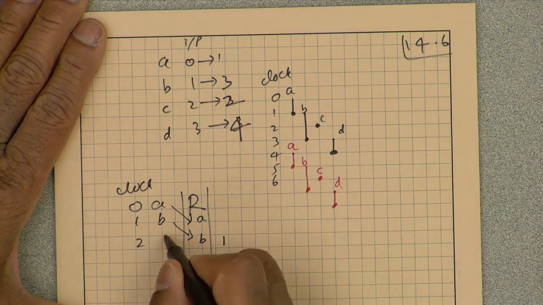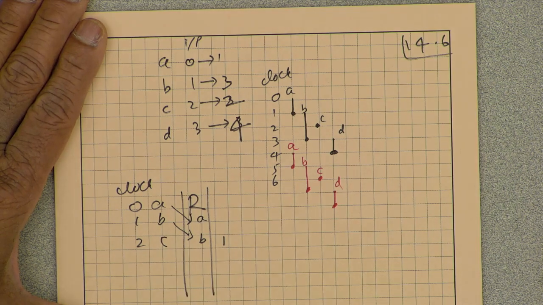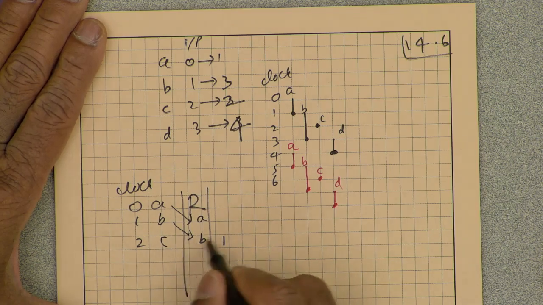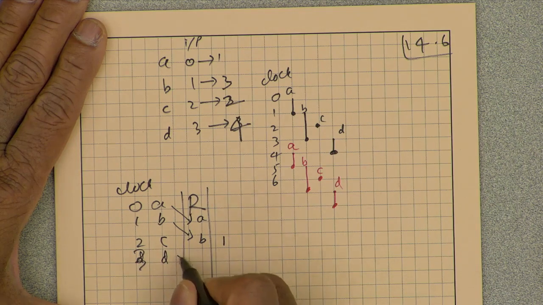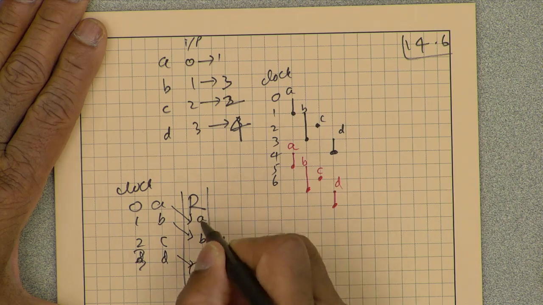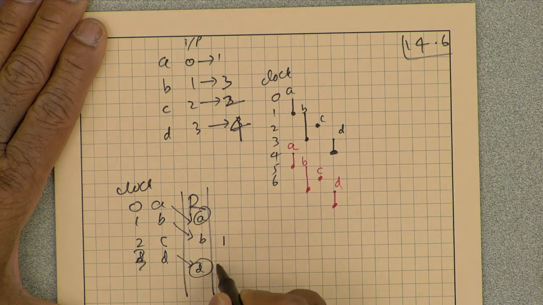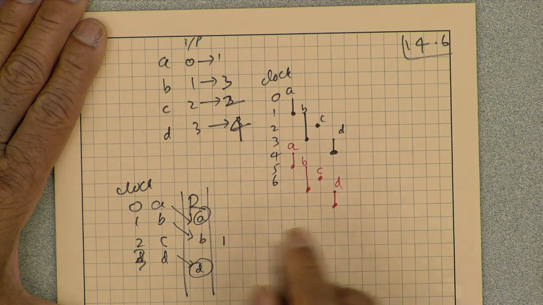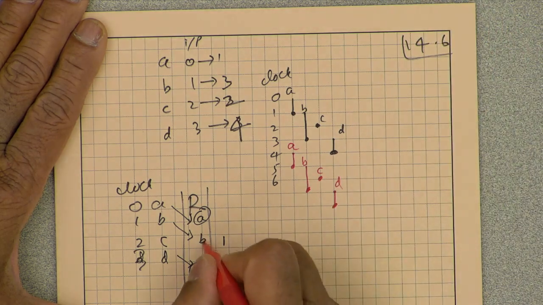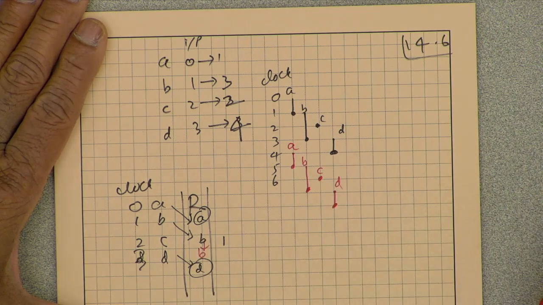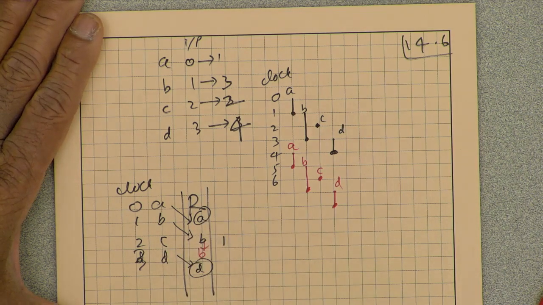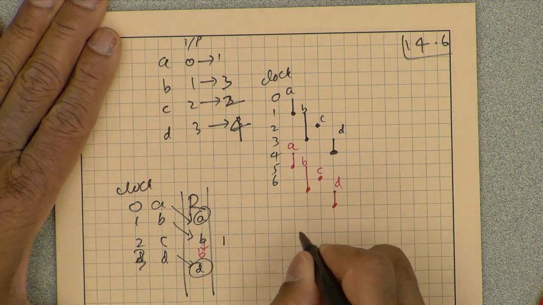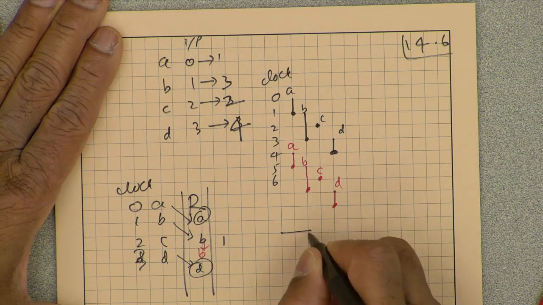In clock cycle 2, I need to input C, but that does not need to be stored, and in clock cycle 3 I feed D, that needs to be output. So, D needs to be output here, and that B I can feed it back. So, there is an empty spot here. So, that is the backward allocation step. In this case, we will just keep it where it is,